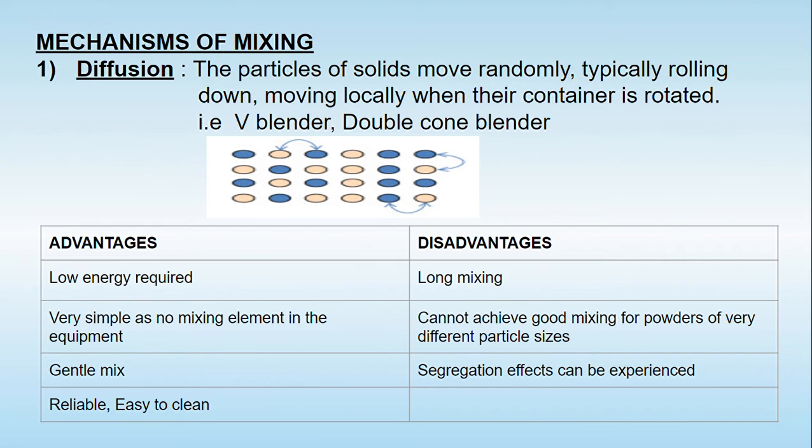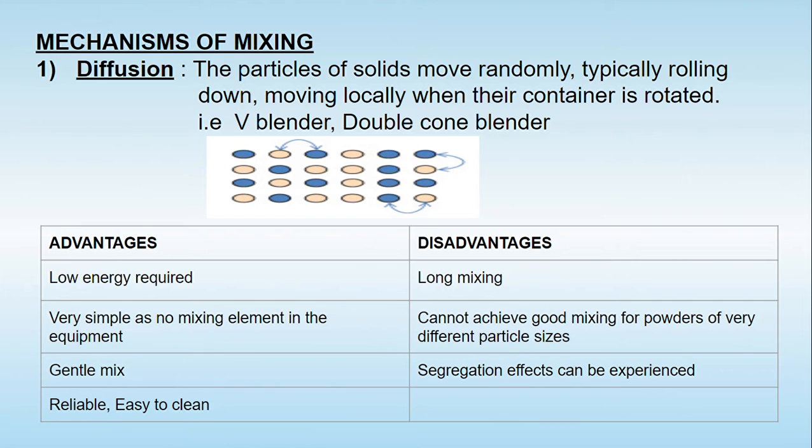The simple example of this diffusion mixing we find in the case of the V blender and the double cone blender, which are the mixers basically used for solid-solid mixing. Now, what are the advantages and the disadvantages of this diffusion? In the case of diffusion, we require lower energy. It's a very simple process. The gentle mixing is carried out and it's reliable, and afterward the mixer is easy to